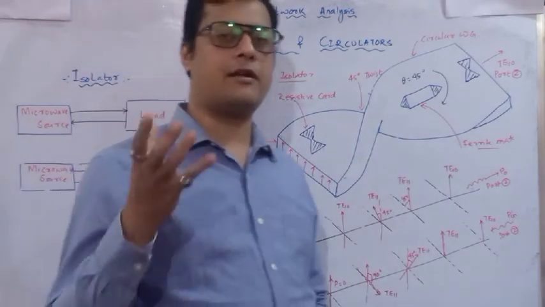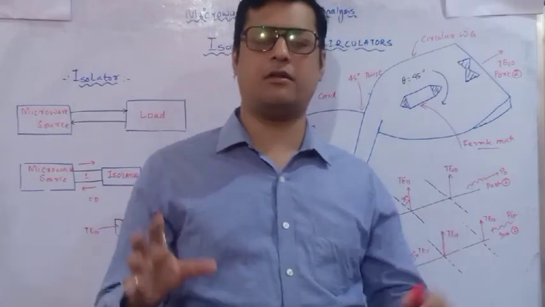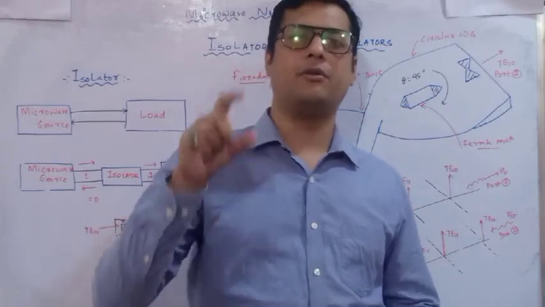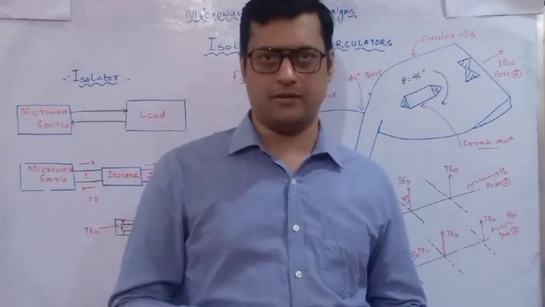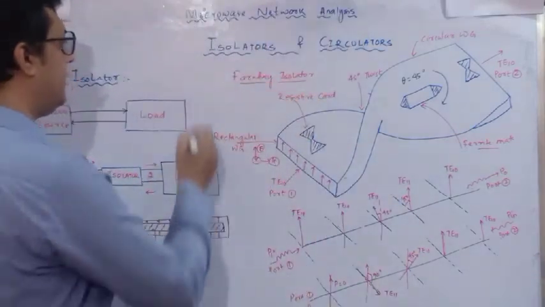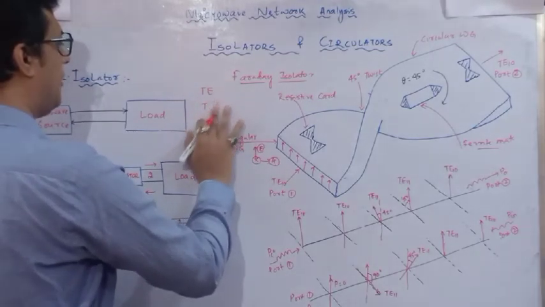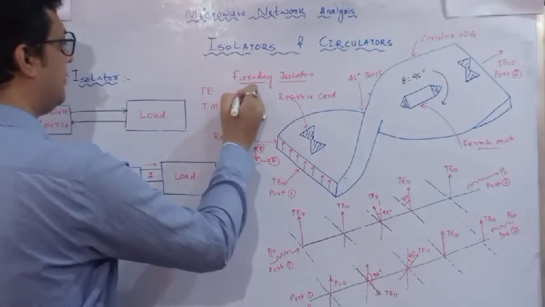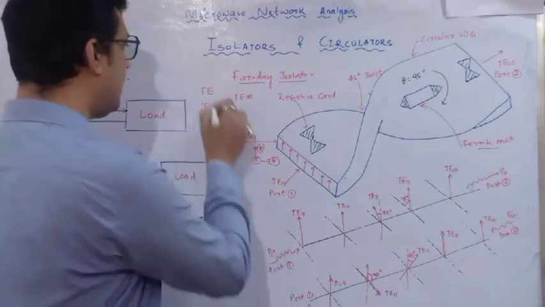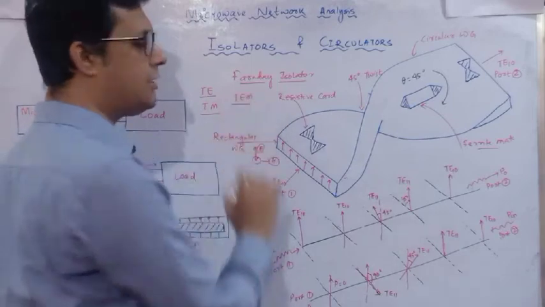When we are transmitting some microwave power through a rectangular waveguide or through a cylindrical waveguide, we should identify which mode it is going to operate in. Because in rectangular waveguides and these waveguide devices, we basically have three sorts of transmission mode, or you can say transverse mode: transverse electric mode, transverse magnetic mode, and transverse electromagnetic mode.